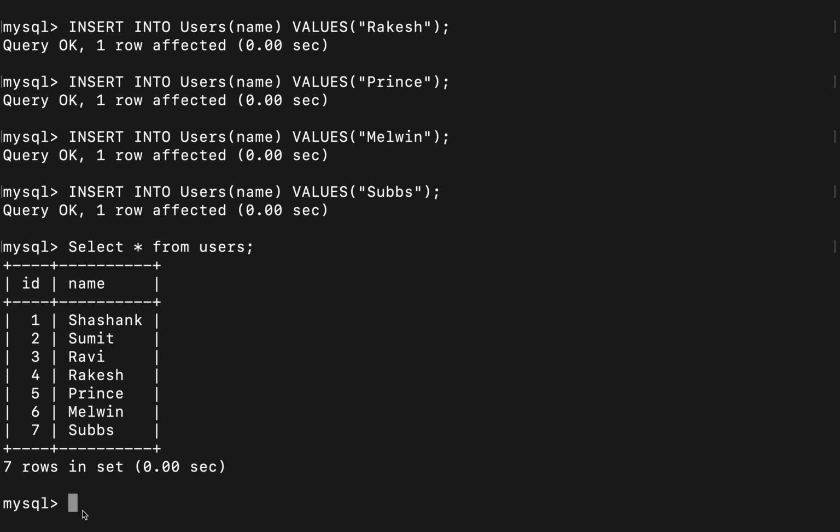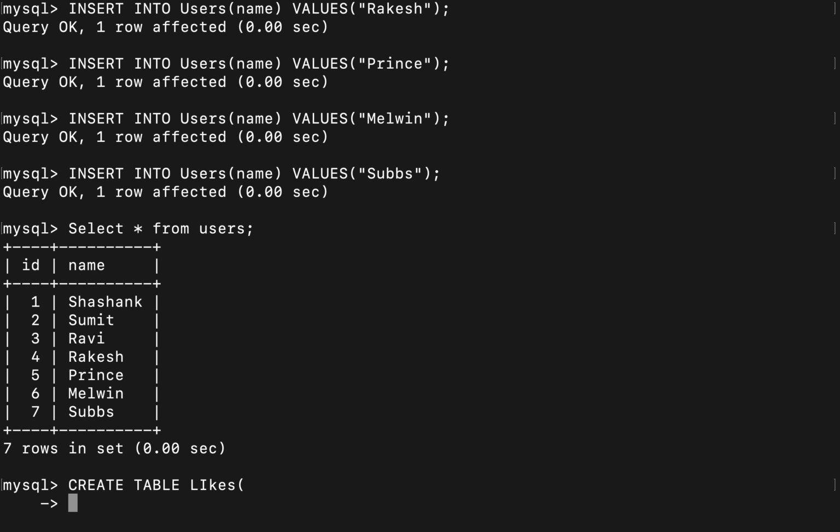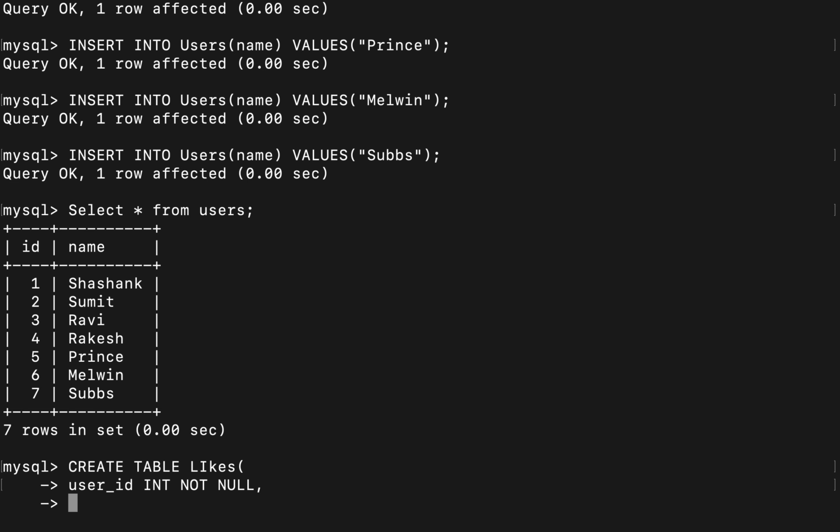Now let me create one more table. Create table, and the table name is, let's say, likes, right? In this, user underscore id is the field for which I want an integer data type and a not null constraint, and then the next one is likes, varchar 50, not null.